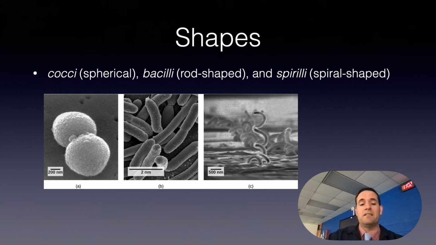Now, prokaryotes come in various shapes, but many fall into three categories: cocci, or spherical, there on the left; bacilli, or rod-shaped, there in the middle; and spirilla, or spiral-shaped, here on the right. You can barely see kind of like this spring-looking thing on there. That's the spiral-shaped cell. So the cell has this weird spiral shape.